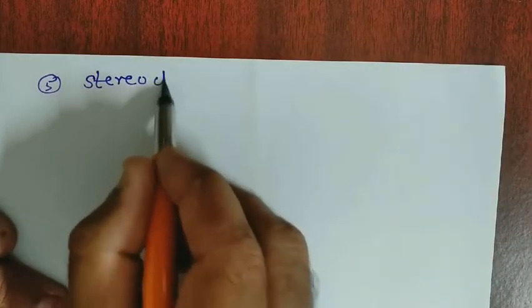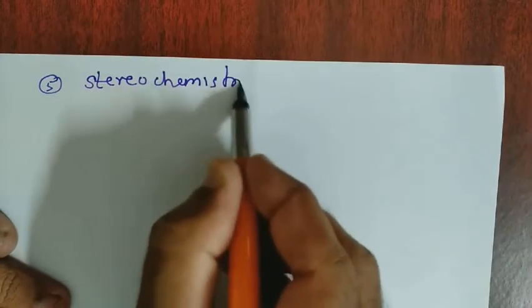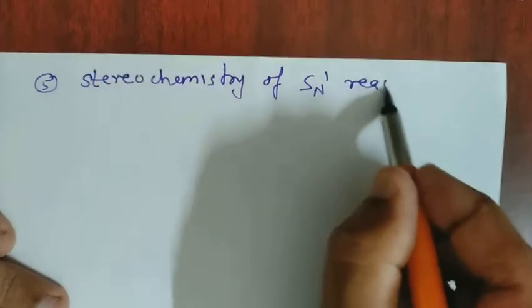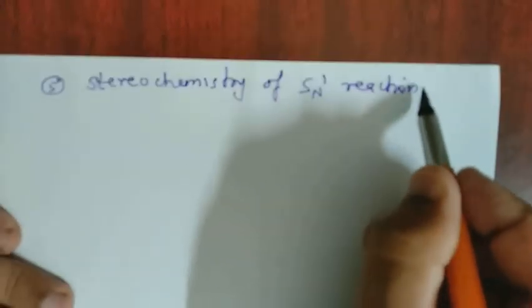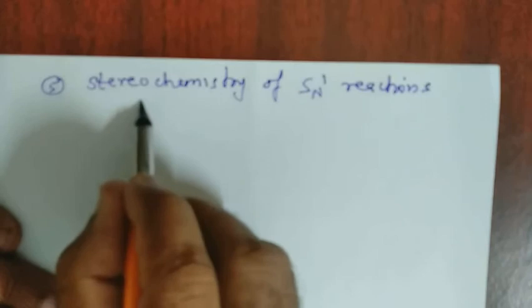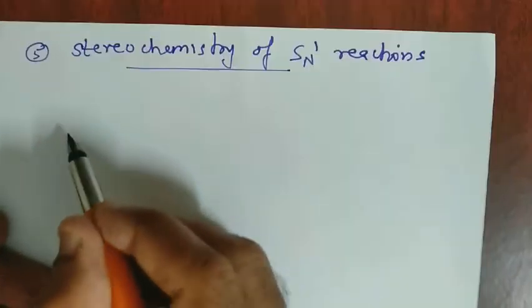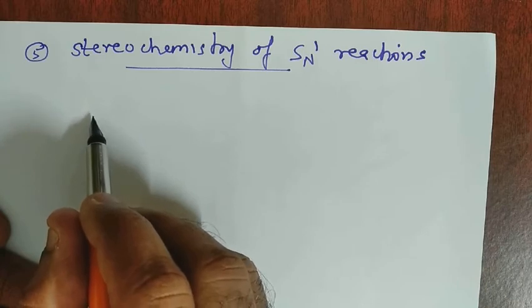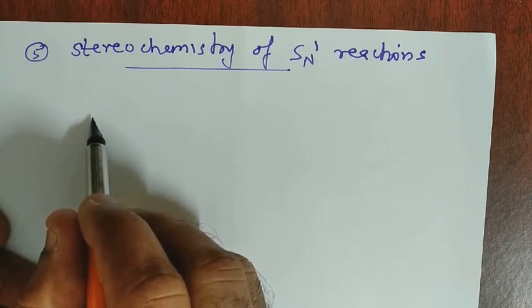Stereochemistry of SN1 reactions. Since the hybridization of the positively charged carbon atom in a carbocation is sp2,